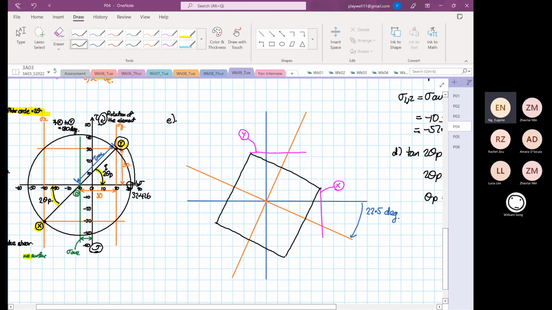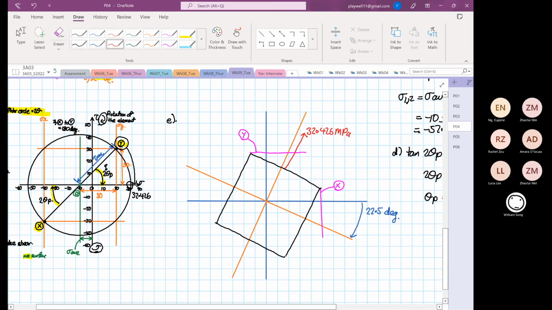Okay, 32.426 tensor. So on Mohr circle, you only rotate 22.5 degrees, and then this is our value. So this will be under tension, and it's going to be 32.426